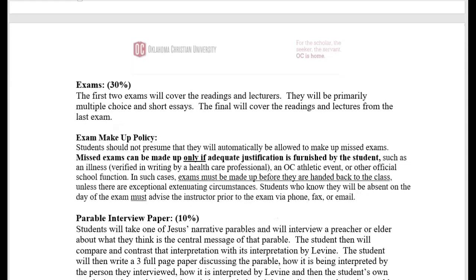If for some reason you can't take the exams when they become available, you need to let me know, and there needs to be a good reason why you are not able to take the exam at the time that they are scheduled. I do know that sometimes there are students who are involved in OC-sponsored events, which might conflict with the time period when exams become available. And if that is the case, you'll just need to let me know what is happening.